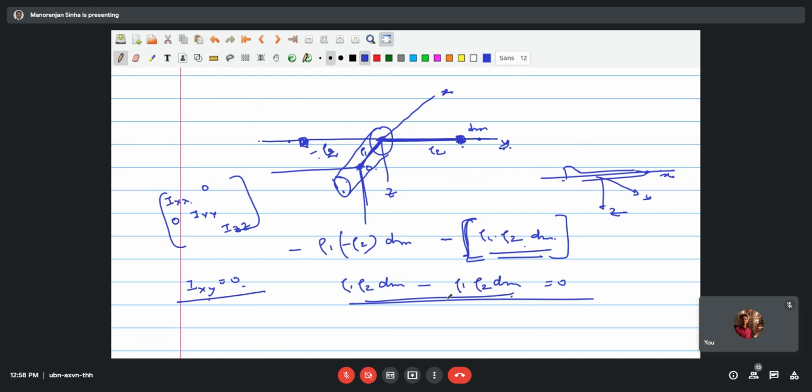So really, it has no physical significance in the way the diagonal elements have, but it contributes this way. If you look at Iyz, with respect to the Z axis, again you see that on the Y side you will have symmetry, therefore this quantity also goes to 0. But the terms Ixz and Izx do not become 0. These are non-zero because x and z do not have the symmetry.